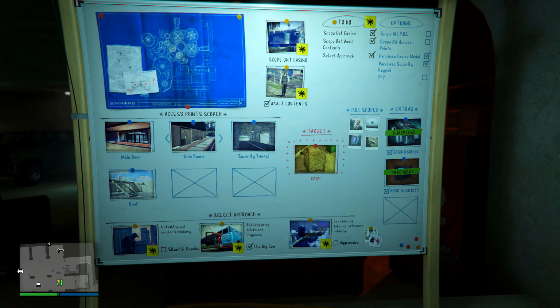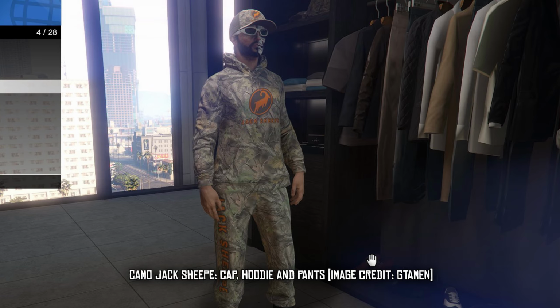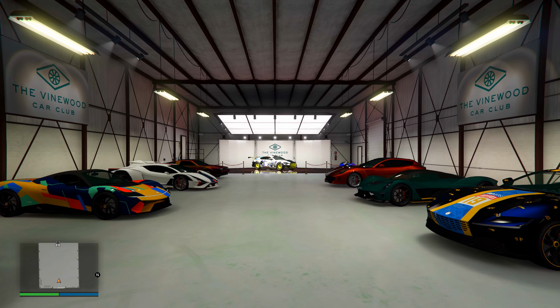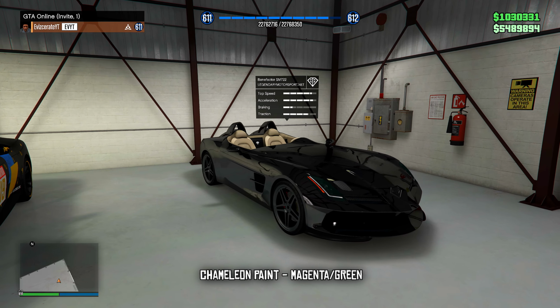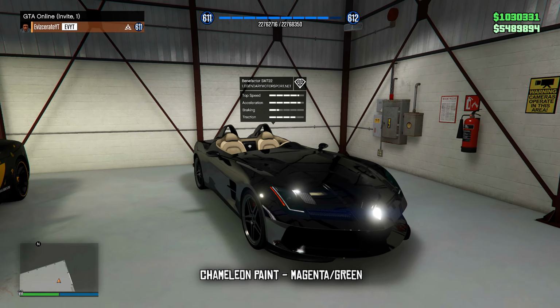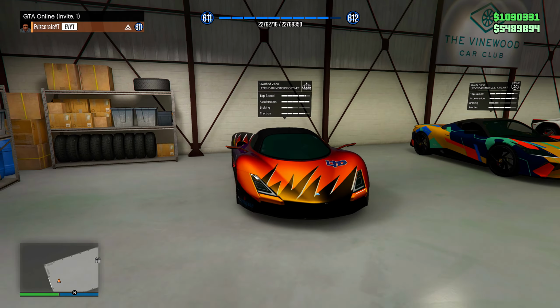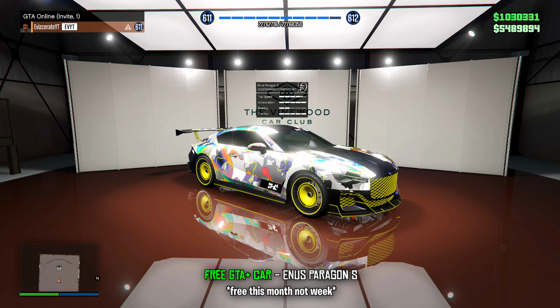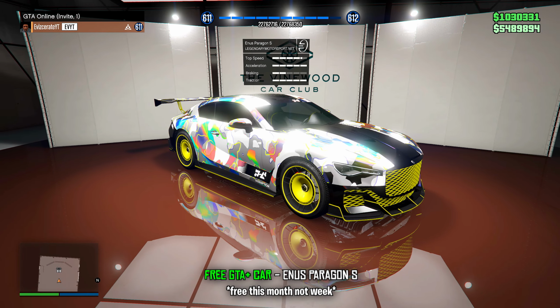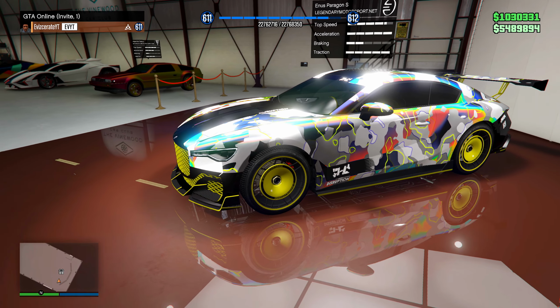For some GTA Plus clothing unlocks, you can get these things. Hopefully you guys can see them on screen as well. I think they do look pretty nice. The new chameleon paint is called the Magenta Green. I think Rockstar always do a pretty nice job with these chameleon paints. And when I did have GTA Plus in the past, it was really nice to just throw on some different things like this. The free GTA Plus vehicle this week will be the Paragon S. This is a surprisingly good one. I also think it looks really cool on display, and I do think this is probably one of the best